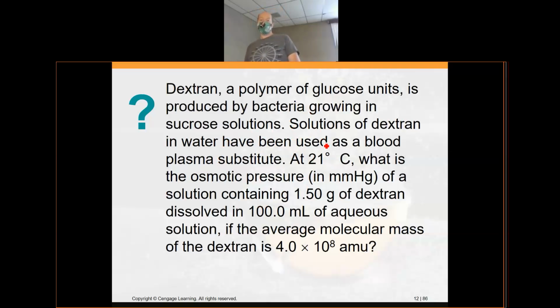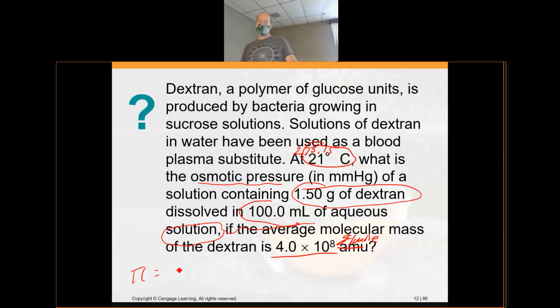So we have 21 degrees Celsius, add 273.15, get that to Kelvin. You have 1 gram of dextran dissolved in 100 mL of solution, and the molar mass is given. AMU I don't use, grams per mole is what I use. And so when you're calculating your osmotic pressure here,